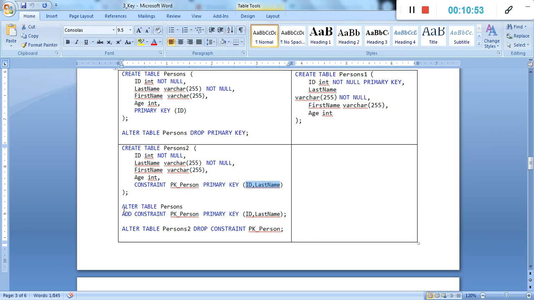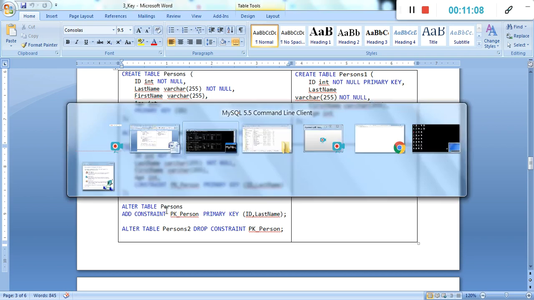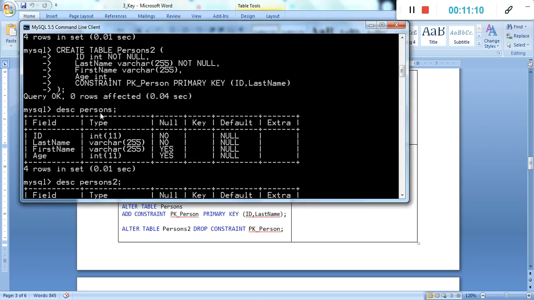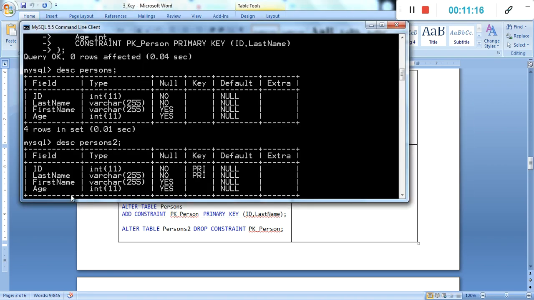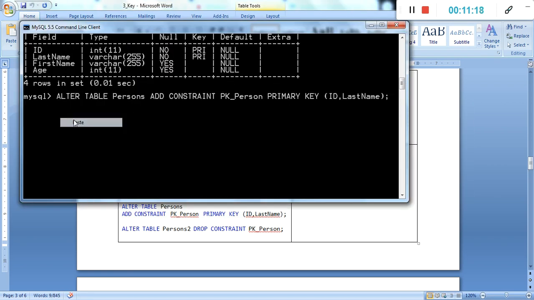Then if we want to alter the key, it's an alteration: alter table, add constraint primary key as ID and last name for the person table. We will go with this code, which changes the table with the details. Enter.